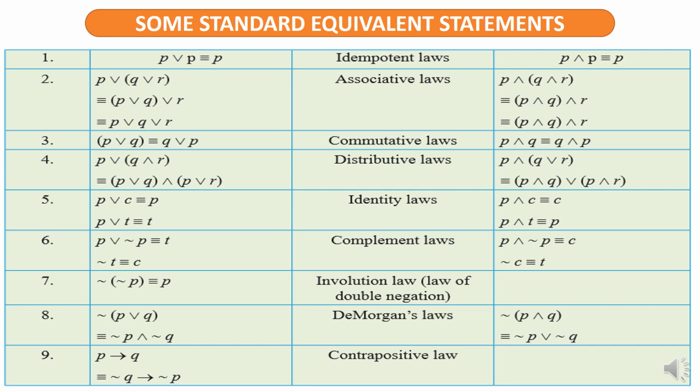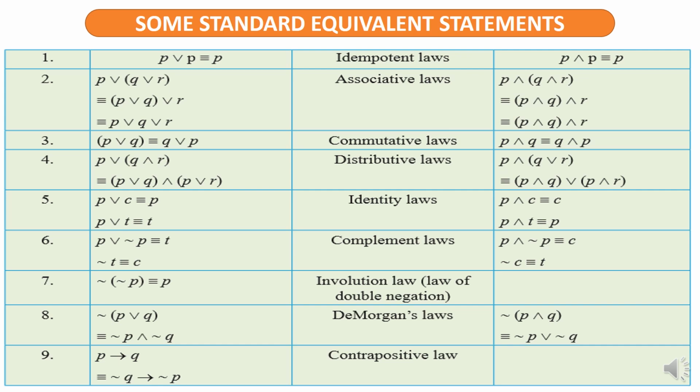Distributive laws. P or (Q and R). That means in a statement, if a conjunction and a disjunction are given, it becomes somewhat like multiplication actually. It becomes the same as (P or Q) and (P or R). Same way, check the RHS. P and (Q or R) is the same as (P and Q) or (P and R).